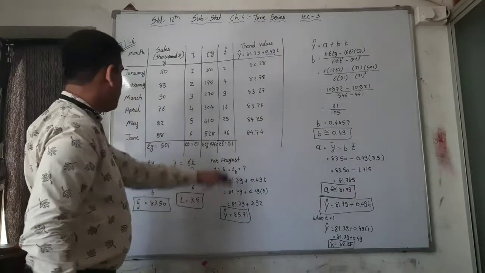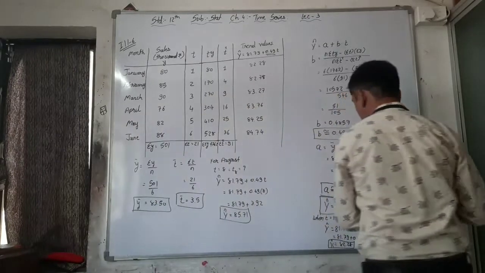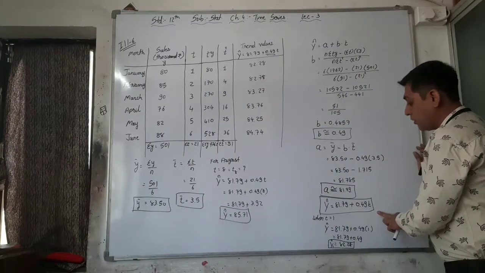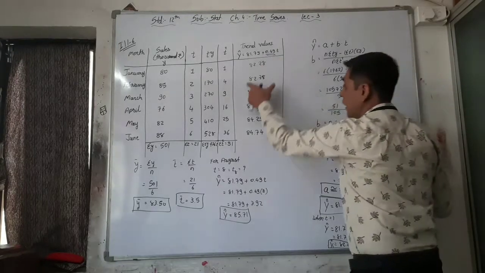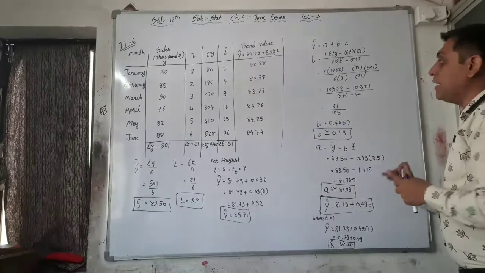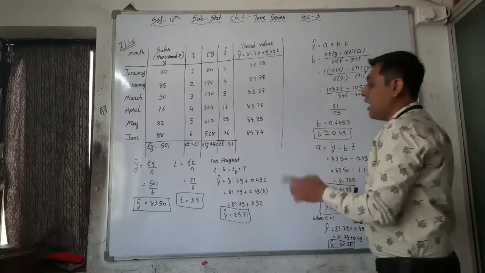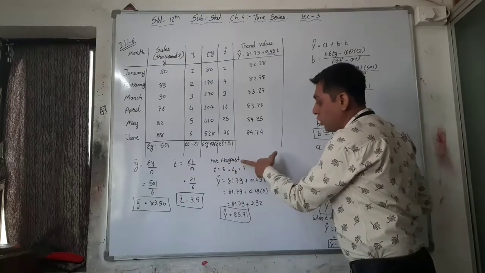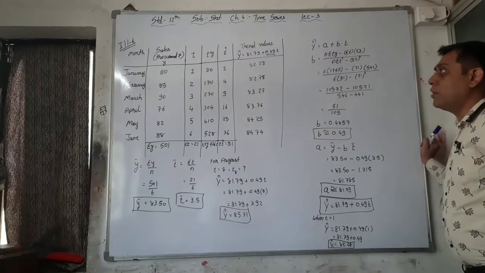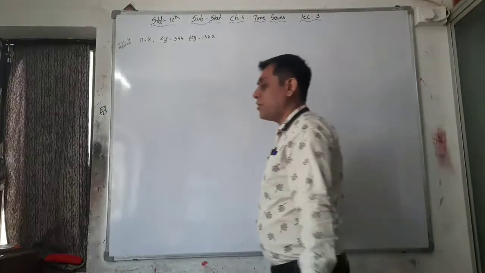First question, find out the linear equation. Then we have to find out the trend values, fit the linear trend for that. That is the trend values here. And after that we have to show it graphically. We are leaving half a page for the graphical method. And the last question, find out the value for August, that is here. So first of all, write down the question and answer. Now illustration number 6 is complete.